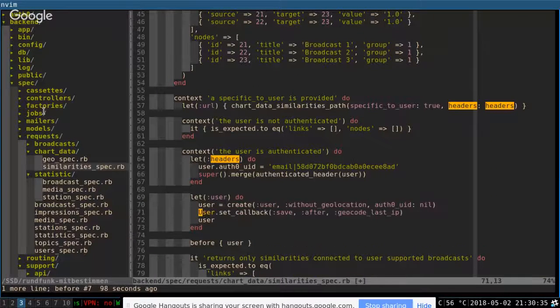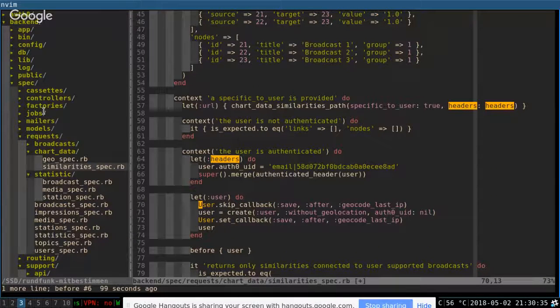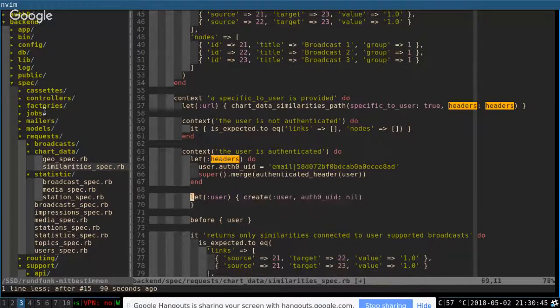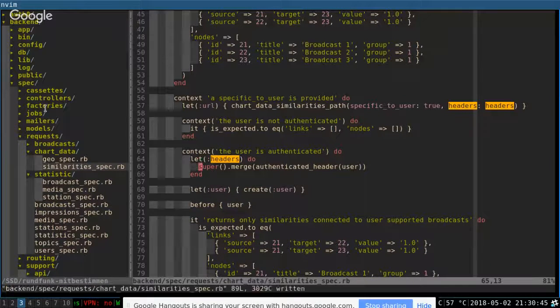I just wonder why. So we're creating a user. Anyhow, I mean it's working now. We just refactored it, and I can think about it later.